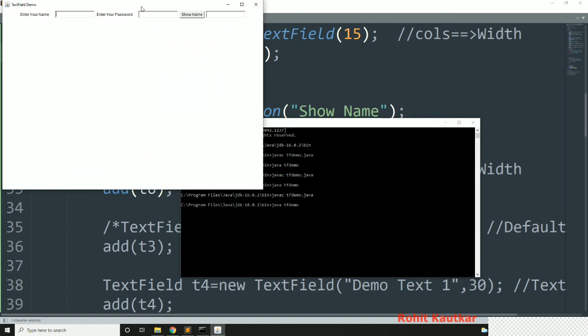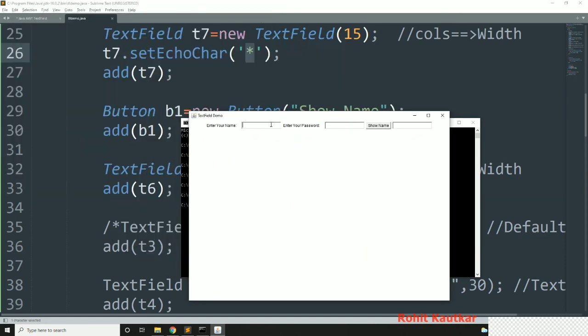We will arrange it properly, as we are using flow layout. So first of all it will ask for my name, then it will ask for the password. Now you can see if I type something, it is showing the asterisk signs over here like this. This is the password field. So we have created it with the help of the setEchoChar method. And now if I click on this show name, it will show us this first name. Like this we can create a password field.